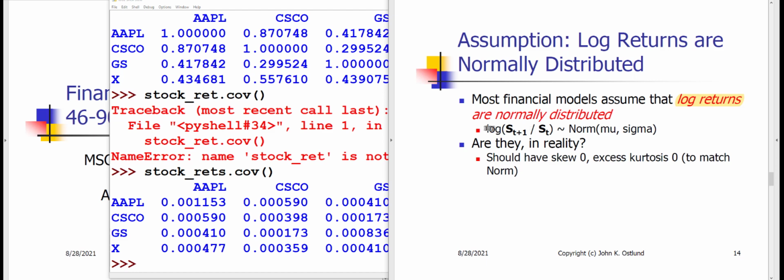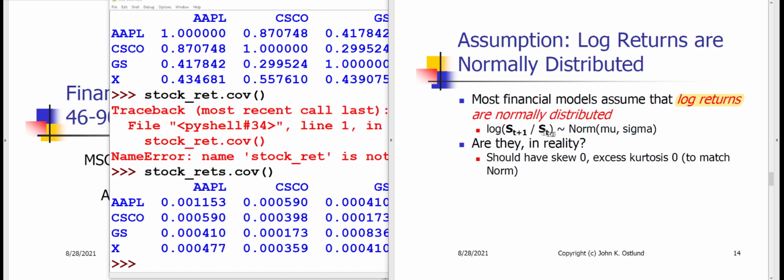And then the log of that ratio will be 0 if there was no stock price change. The log of 1 is 0. Otherwise, if there was a positive increase in the stock price, the log will be a positive number. And if there was a decrease, the log will be a negative number. Okay? So we compute the ratio of today's prices relative to yesterday's prices, and then ask for the log of